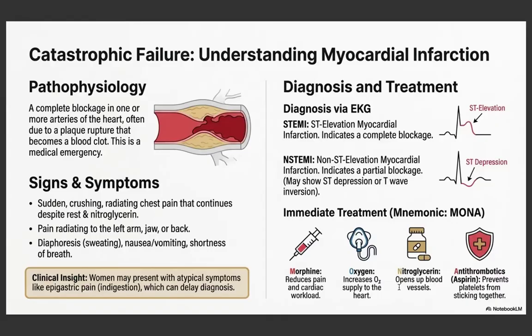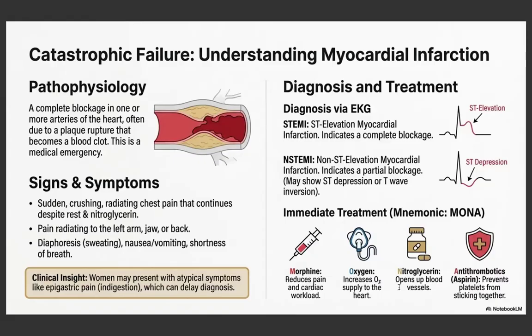Some individuals get a crushing pain on their chest, where they may say either I'm about to die or it feels like an elephant is sitting on my chest. A side effect of a heart attack is this impending doom. They also may get pain that radiates up to the left side of their jaw, their arm, or in their back. And then these patients are going to be very diaphoretic. Remember, they're stressed out. Their body's going into fight or flight mode,